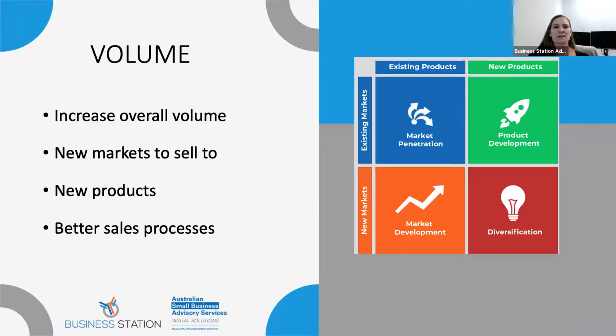The other way to increase volume is customer rewards programs. So I would have a look at what your repeat business is like, what your repeat sales are like, and how can you encourage existing customers to purchase more regularly or more through you. Now, the reason that's a key volume driver is because it costs something like 8.5 times more, I think is a stat, to attract a new customer than it does to retain an existing customer. So rather than that spend, it's really important that you are managing the customers that you've got and really doing what you can to drive more sales from those existing customers.